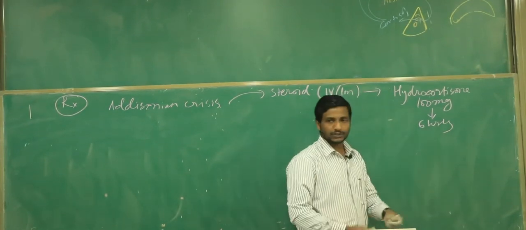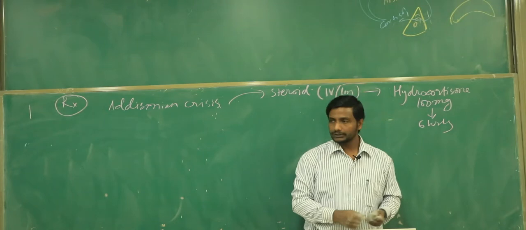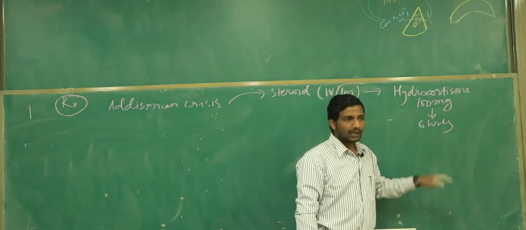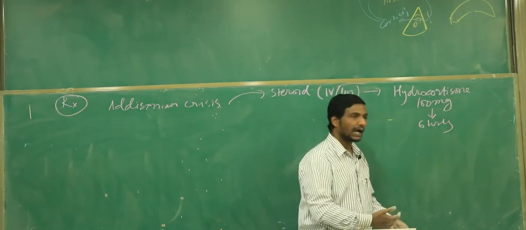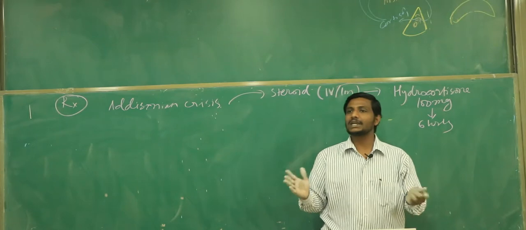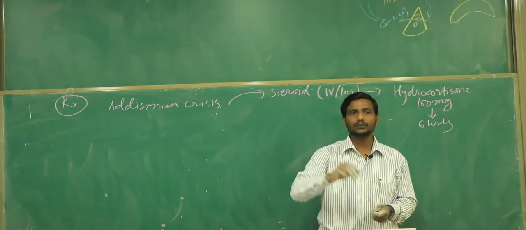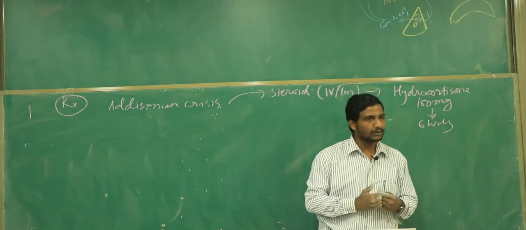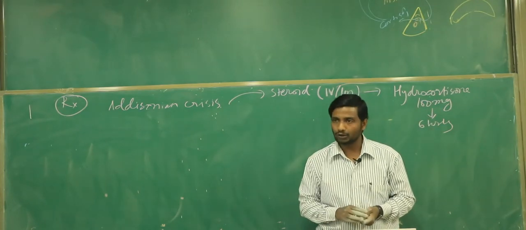So every 6 hours, suppose this patient came to you, you give the IM or IV hydrocortisone, then you are going to again see the patient after how many hours? 6 hours. And if he still requires some steroid, then again you are going to give it. And how long to give it? Answer is until and unless the patient is stable. So we keep on repeating the hydrocortisone 6 hourly, and generally it takes 24 hours when the patient is stable. And once the patient is stable, after 24 hours, generally we convert the IV hydrocortisone into oral hydrocortisone.